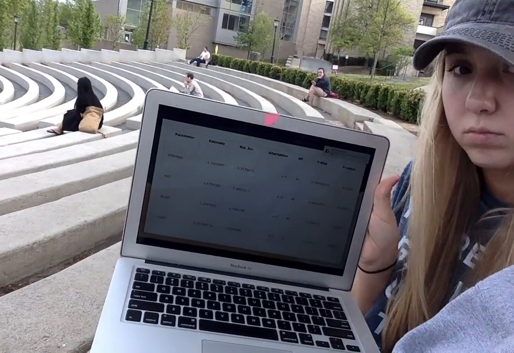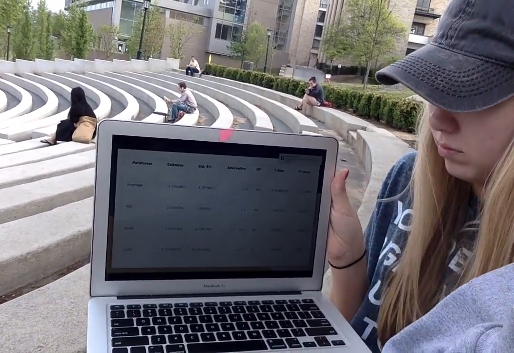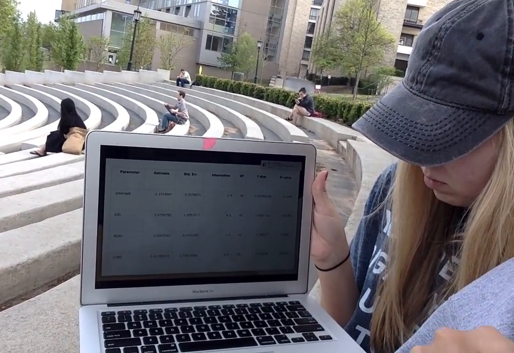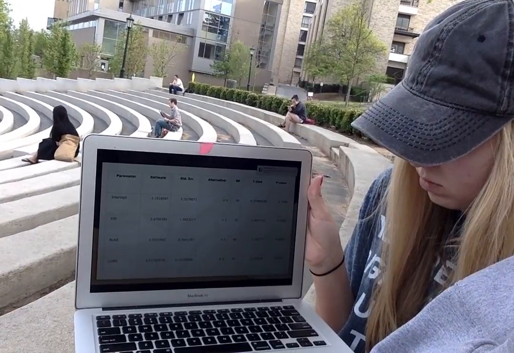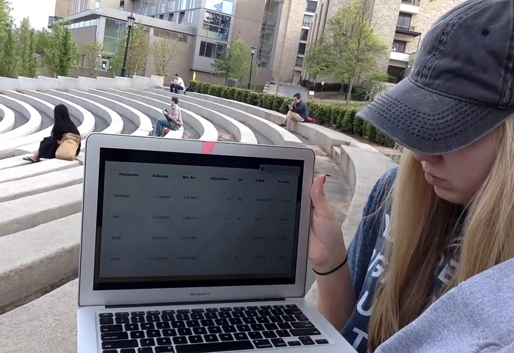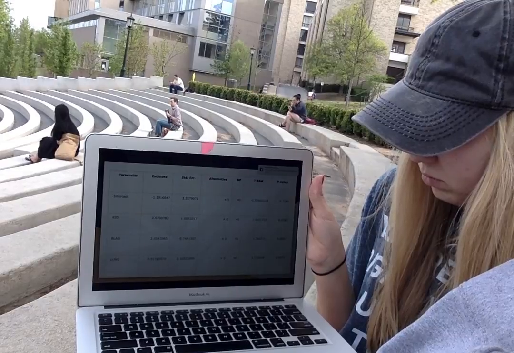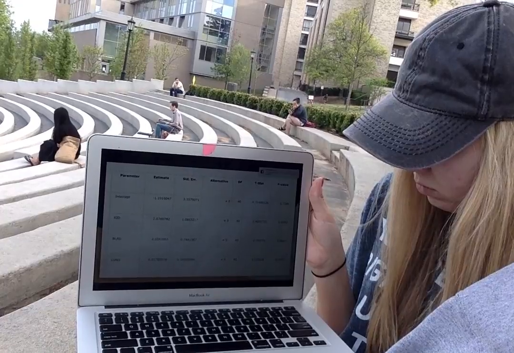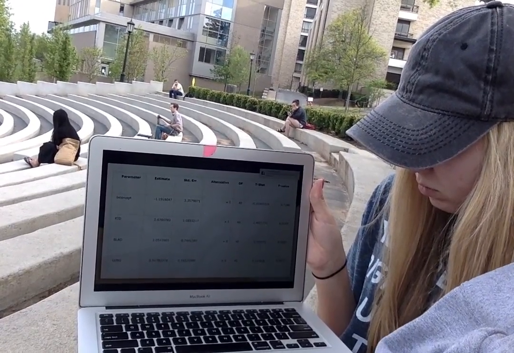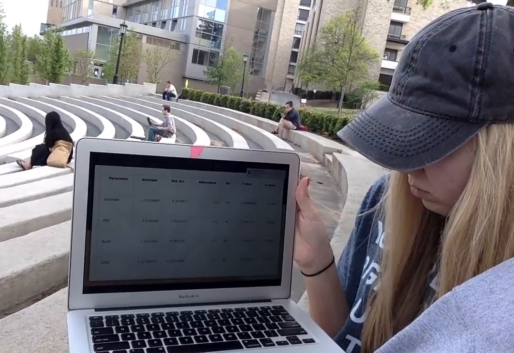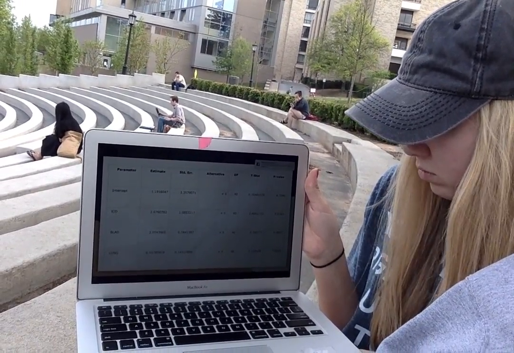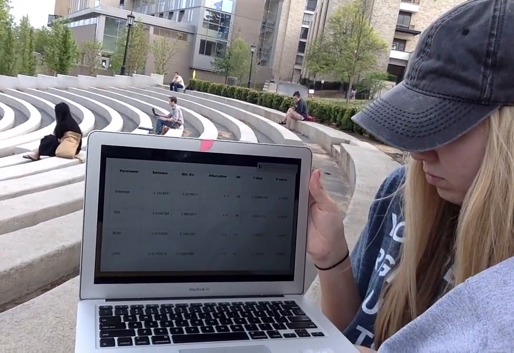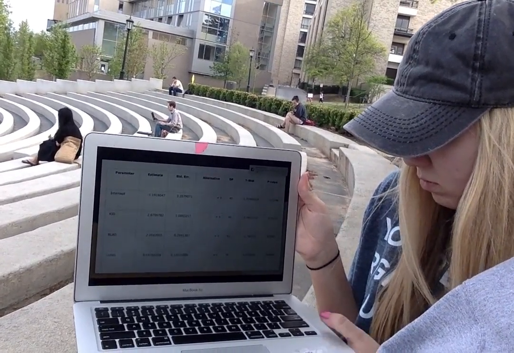So this is our data that we got after the multiple linear regression test, and our alternative hypothesis is set to not equal 0, and then our null hypothesis is set to equal 0. Our t-stat for intercept was negative 0.35. Our t-stat for kidney, which is one of our independent variables, is 2.46. Our t-stat for bladder is 2.76, and our t-stat for lung was 3.13. Our p-values were 0.725 for intercept, 0.018 for kidney, 0.009 for bladder, and 0.003 for lung.